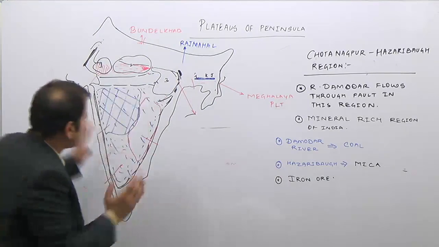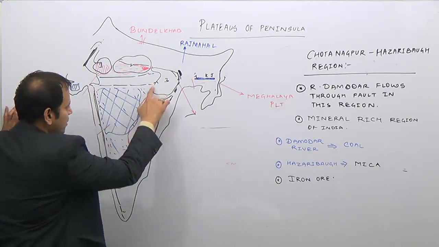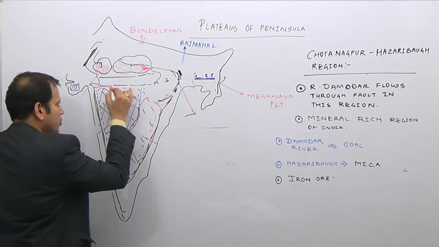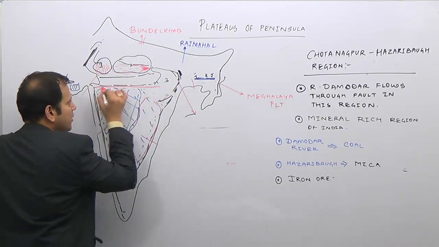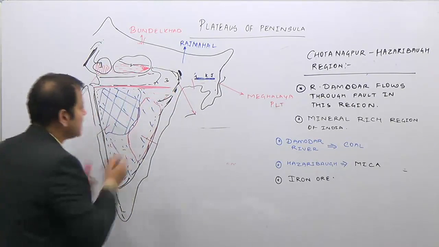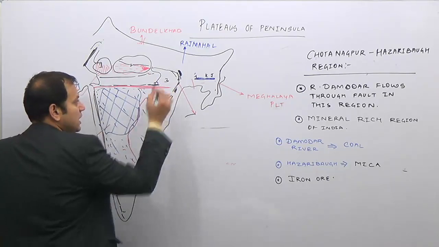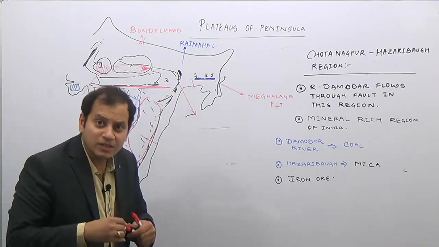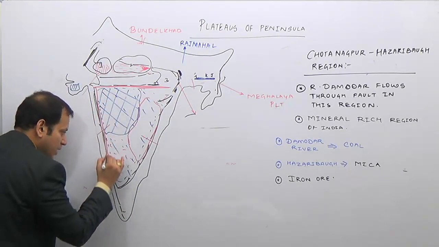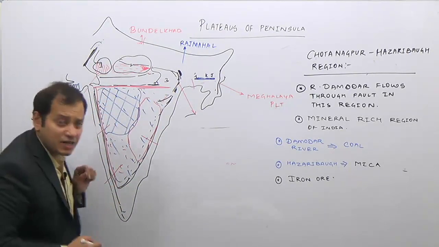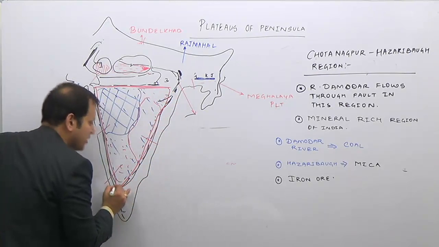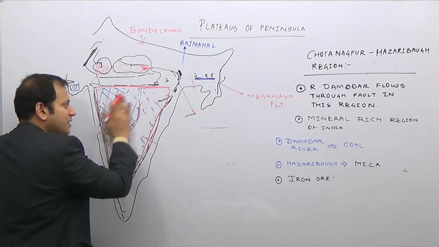Now look at this triangular part which lies here. Let me use the red color pen to show this triangular part. This triangular part lies to the south of the Satpuras, or we can say it is the triangular part whose northern boundary is the Satpura mountains, whose western boundary is the Western Ghats of India, and whose eastern boundary is the Eastern Ghats of India. This entire triangular part,